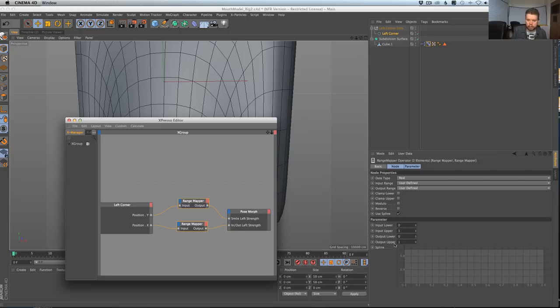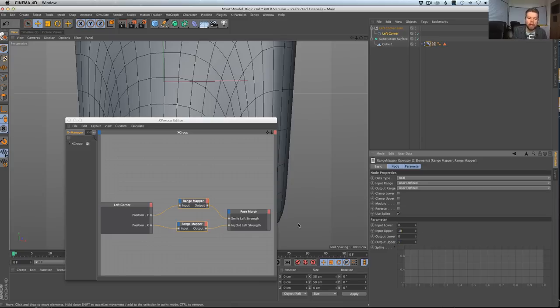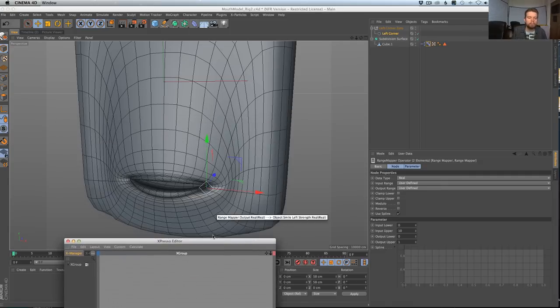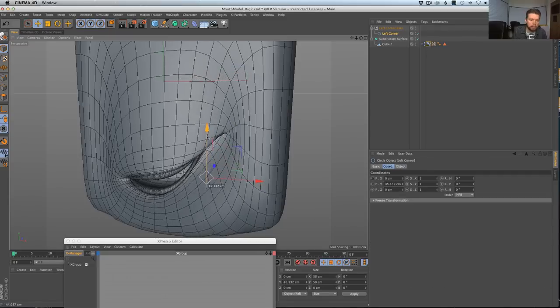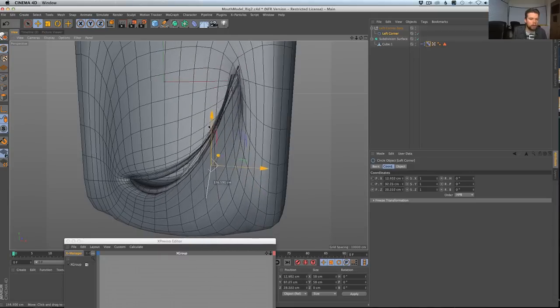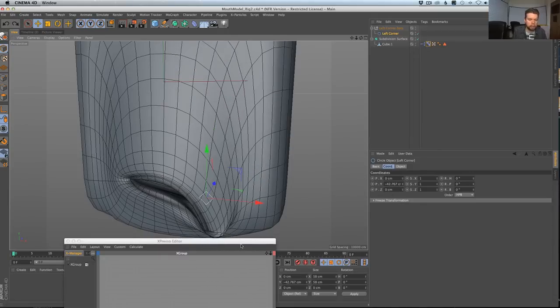So we can slow it down by telling it to output a smaller number, like 0.1. Or we could tell it to input a bigger number, so 10. Let's say 10. So for every 10 units I move it up, it only feeds into the morph tag 10% of it. So let's see if this is any better. I'm going to click that and drag it up. Okay, it's nowhere near as crazy. It's still too much, but it's nowhere near as crazy.